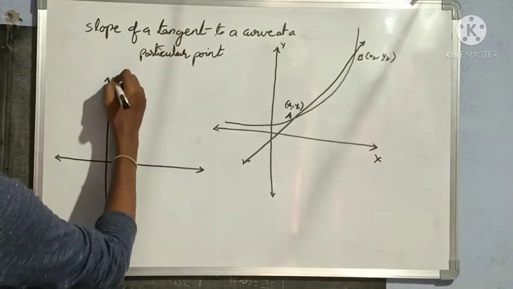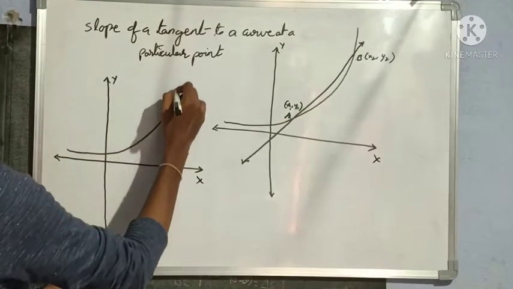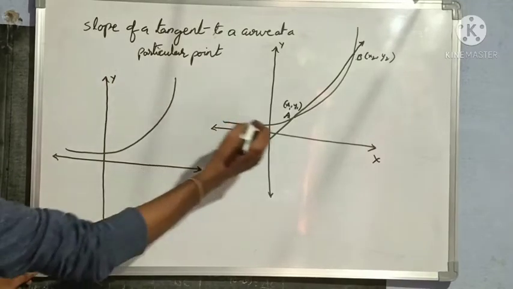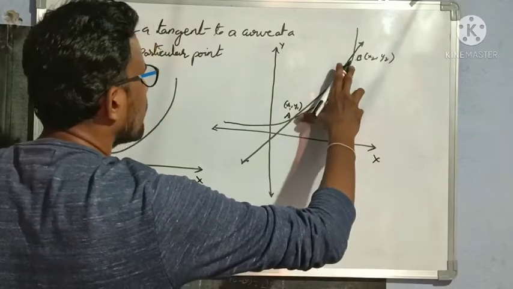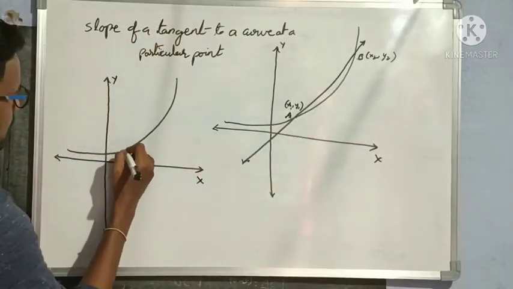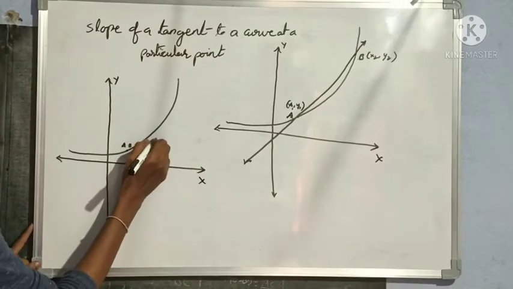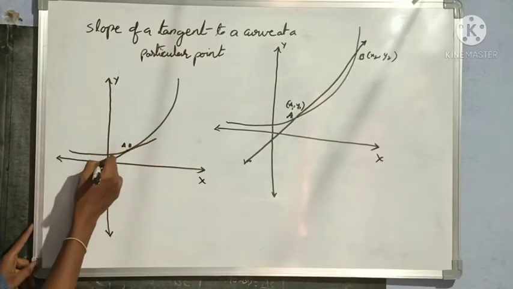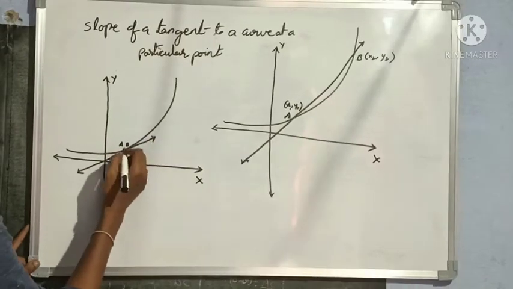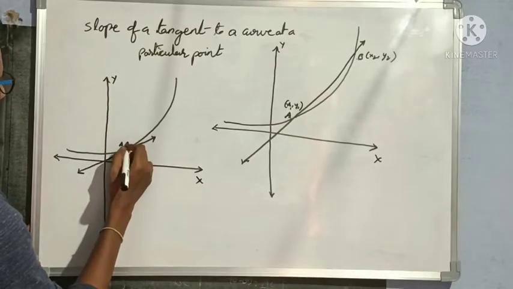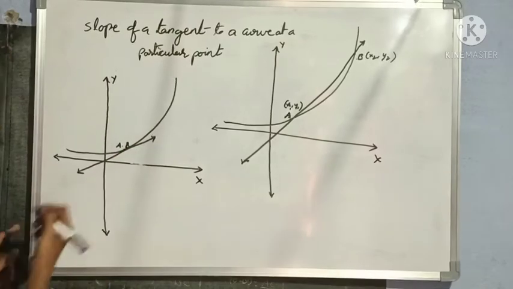So this is the y-axis, this is the x-axis, and this is the curve. Now what I am doing is reducing the distance of AB such that this secant becomes a tangent. Suppose this is my point A and this is my point B, side by side, because I want to form a tangent, not a secant. That's why I am taking the points. I am reducing the distance between A and B. Clear? This is point B and this is point A. The distance is very negligible.